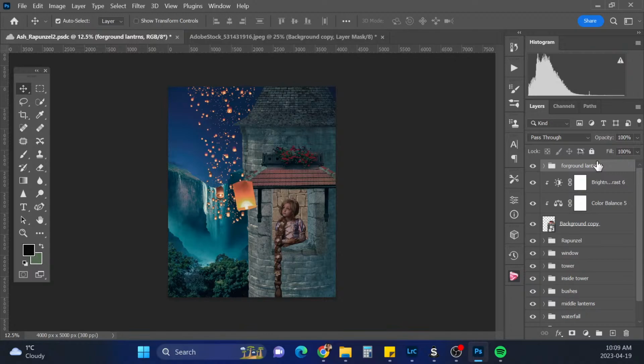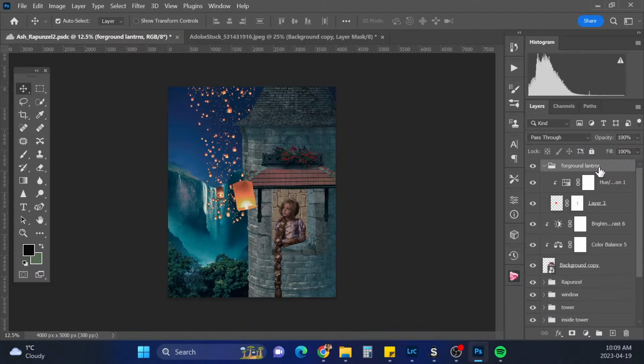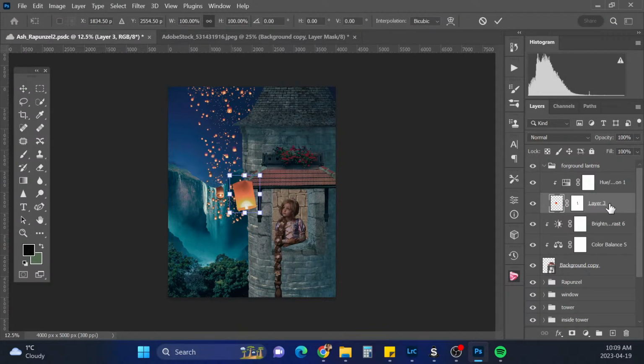Okay, and I think I will make the lantern larger as well. So Control T, make it larger. Like right about there maybe.